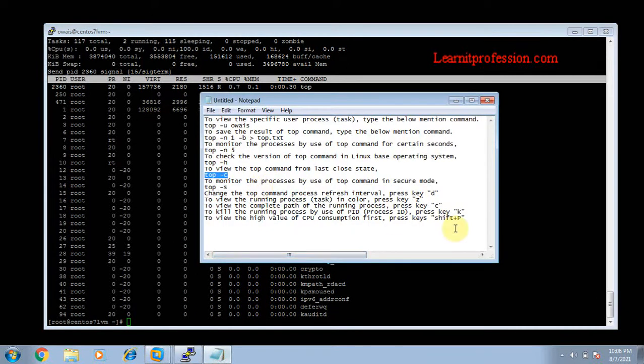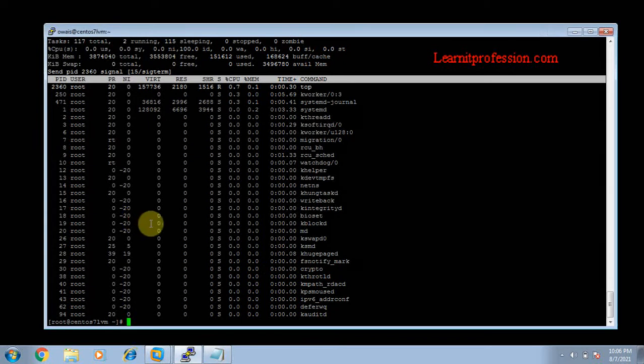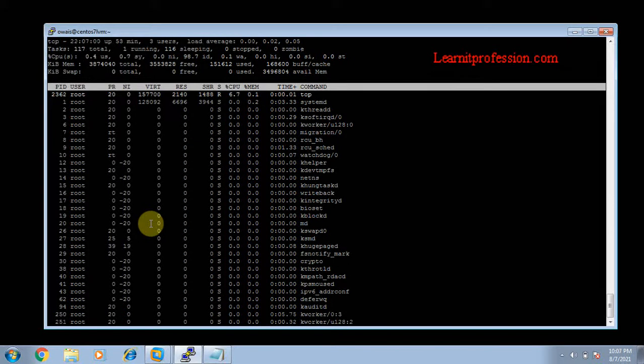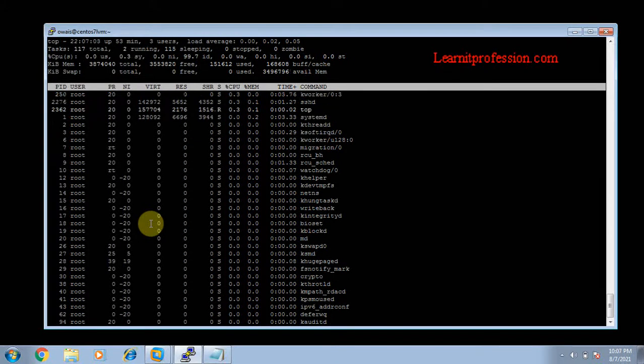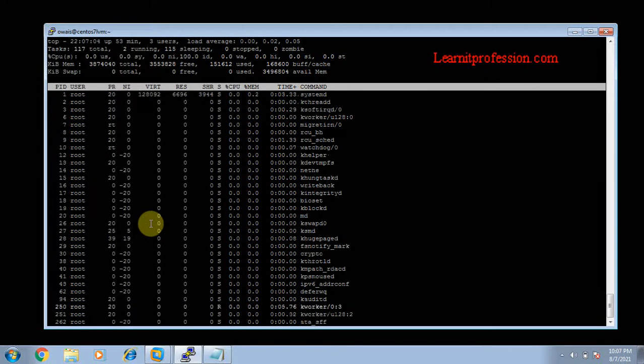Okay, if you want the highest value of CPU consumption first, during the top command you can use shift plus P, means capital P, so the highest process value will be shown.